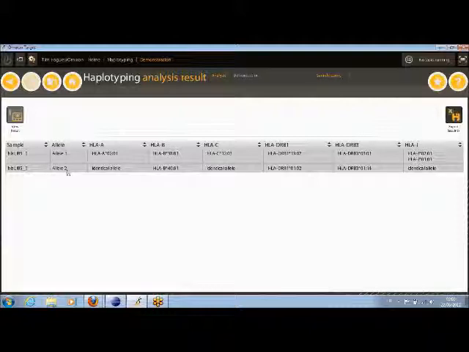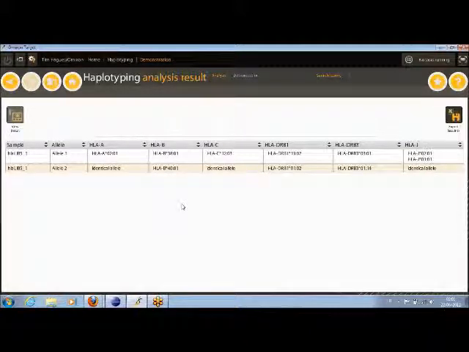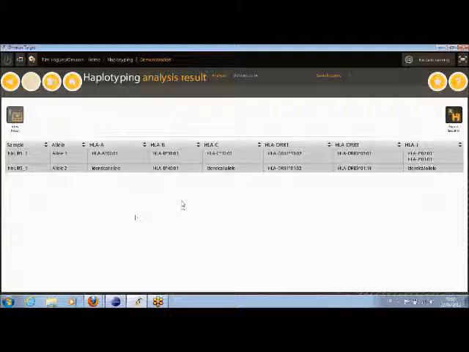chromosomes, of course, for each sample, for each individual, and this is displaying the haplotype information for this individual. So our haplotyping has determined that the HLA-A allele is O201, and in fact this is a homozygous individual at this location, so he's got the same allele twice. These are the 2 HLA-B alleles. The HLA-C again is homozygous, and HLA